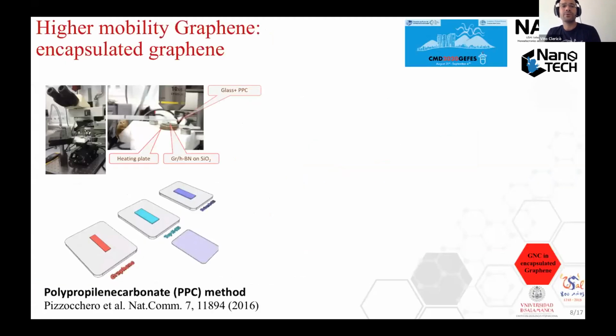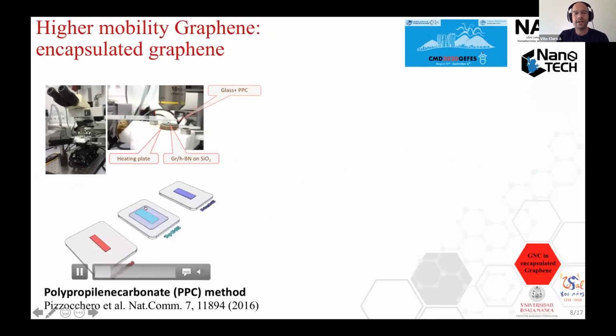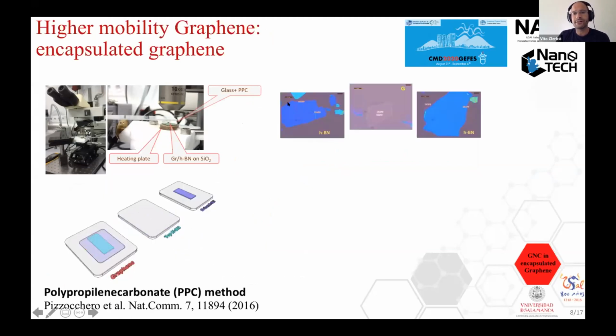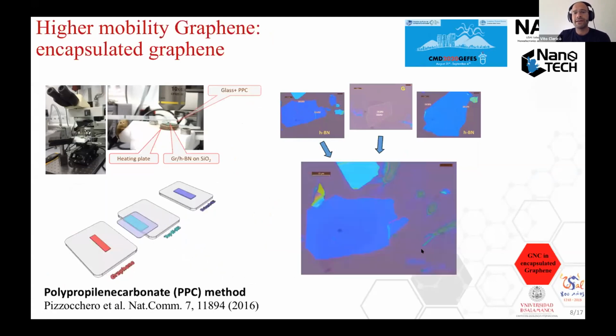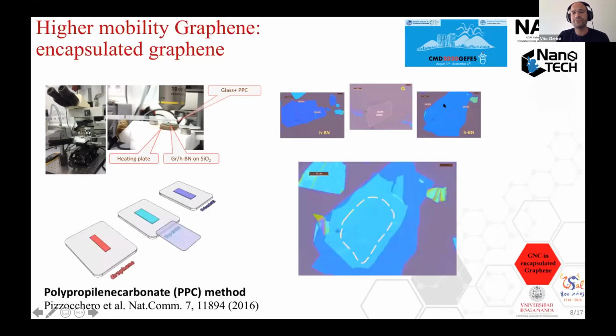But in Salamanca, we are able to study graphene in encapsulated graphene devices. So we have our transfer system, and we are able to encapsulate graphene. Particularly for this work, I used the PPC method, the polypropylene carbonate method. Basically, the idea is this one. At the beginning, we exfoliate a flake of hBN and a flake of monolayer graphene, and I pick up the hBN, put it on the graphene, and after that, I pick up both and put them on the bottom hBN, obtaining the